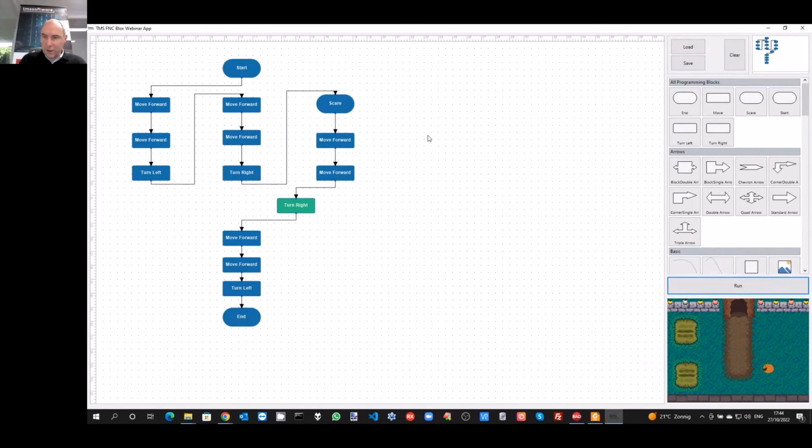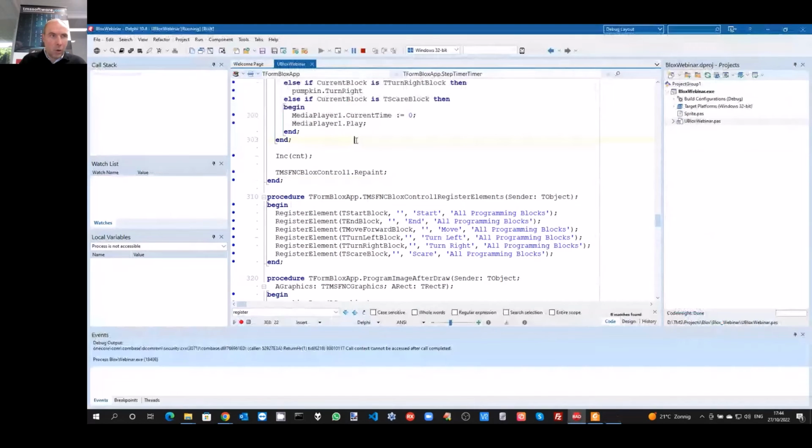And if you listened closely, you also heard that here we have this little block, which is the scare block, and the operation when it follows this block in the workflow is to play a sound that fits with the theme of this period, the Halloween theme. And let's maybe have a look at how the code will actually execute this workflow. And this piece of code is here.